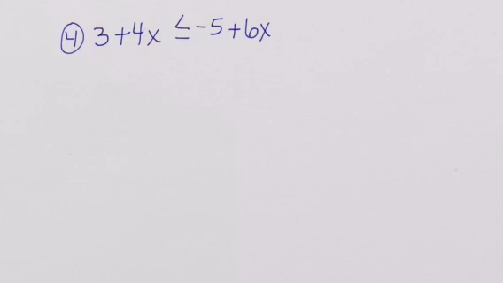Now we're going to do an inequality. The great thing about inequalities is that we solve them exactly the same way we do equations. So the first question we ask is, is the variable term on the left? But in this case, we have 2 variable terms. So we're going to have to ask the question, is the largest variable term on the left? And it's not. So we're going to go ahead and do symmetric, which is going to be negative 5 plus